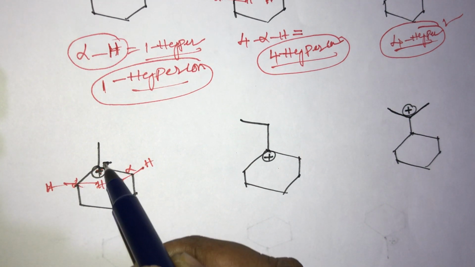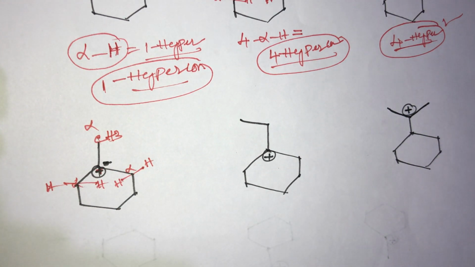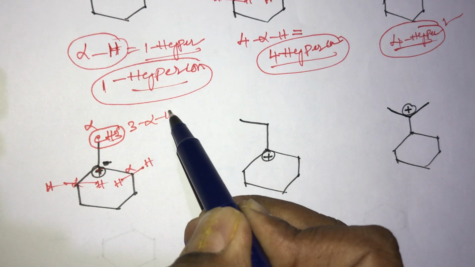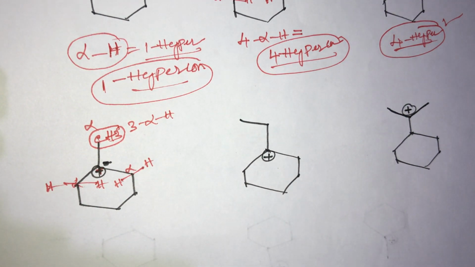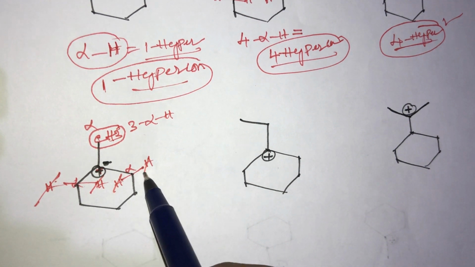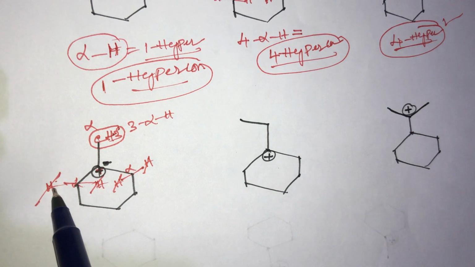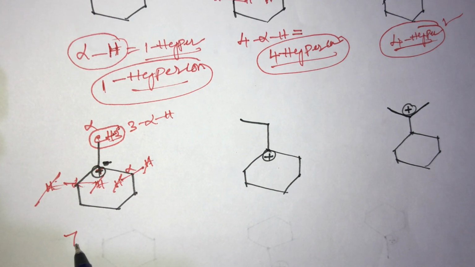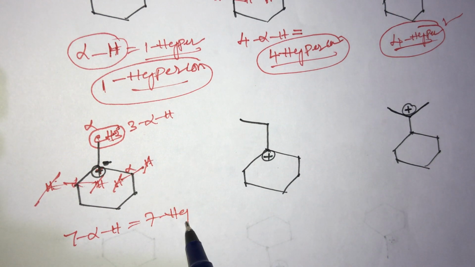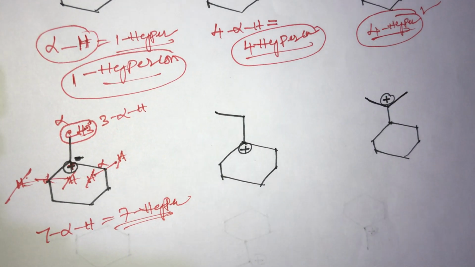This is the tertiary carbon. The top one is also a CH3 group, and here also one alpha carbon. So this CH3 group has 3 alpha hydrogens. 3 alpha hydrogens equal 3 hyperconjugates, and here also 2 alpha hydrogens, here also 2 alpha hydrogens. Total: 3 plus 3, 4, 5, 6, 7. Total 7 alpha hydrogens, which equals 7 hyperconjugates. So the first compound has a total of 7 hyperconjugates, students.